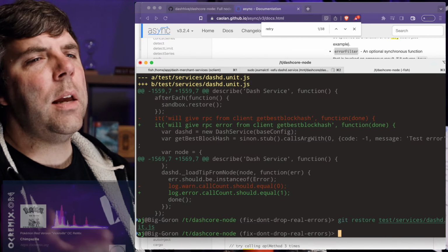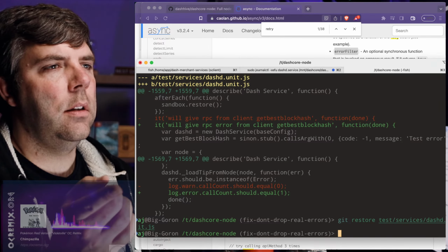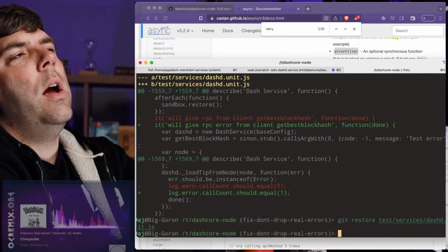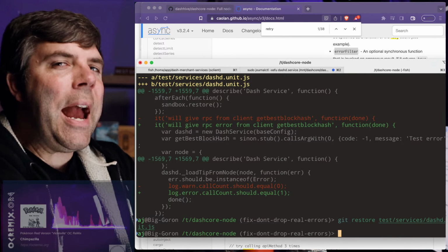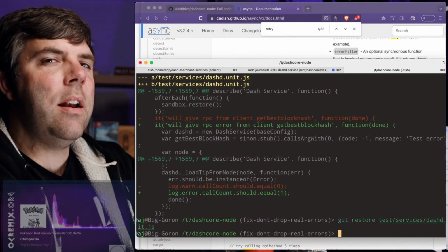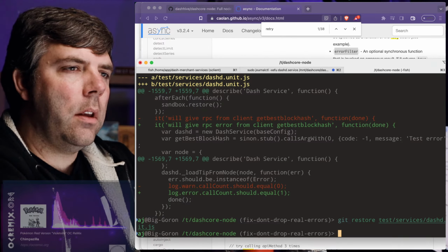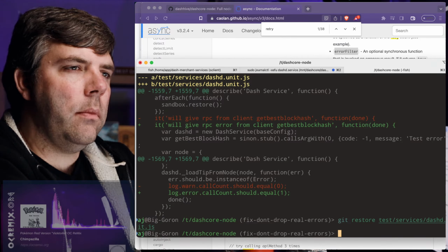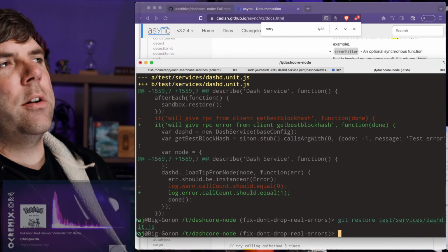I guess, okay, I take it back. Because this test is actually testing something different. I take it back. My error may have been in vain. This may actually be a mistake. This may not have been intentional. Because the test isn't accounting for the behavior of the retry function.